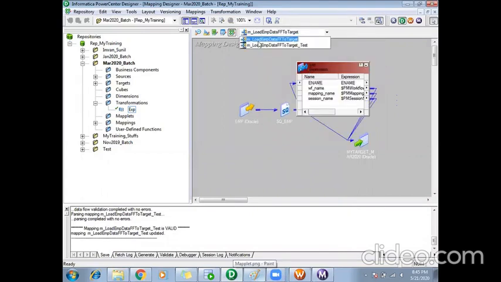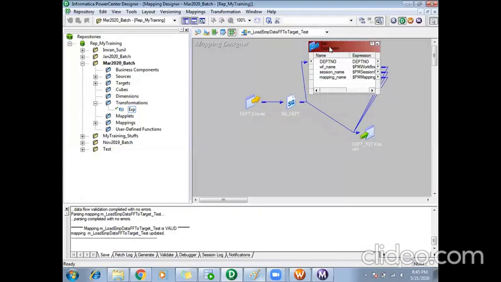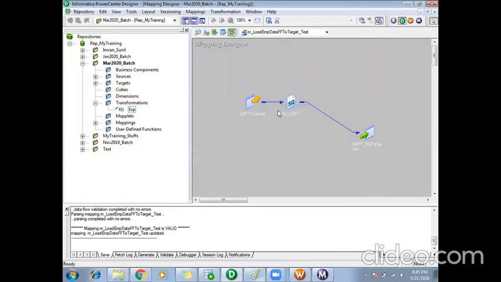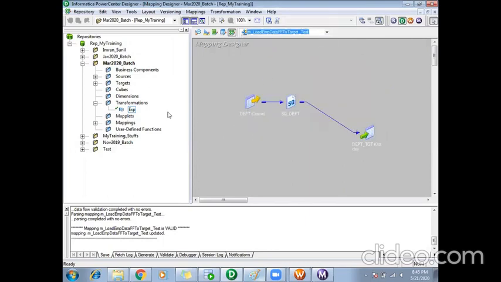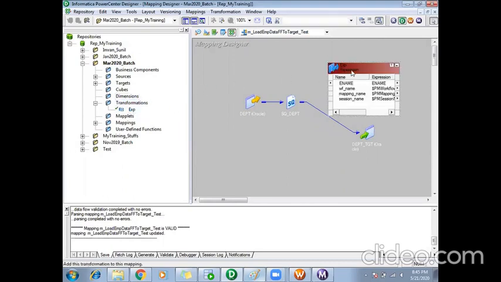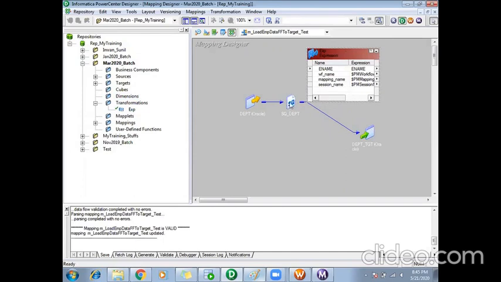So in my second mapping, I won't write the same code again and again. I have a transformation which I have made reusable. If I want to use the same code, I just go to my Transformations tab, take that particular reusable transformation and drag and drop it here, in my other mapping.